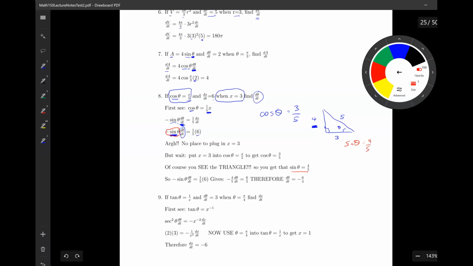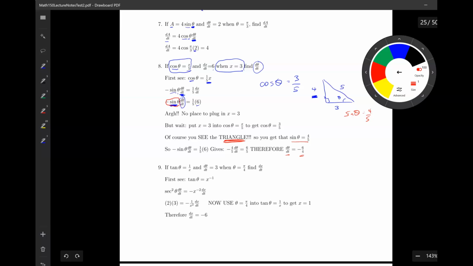So sine of theta is 4/5, so put that in, carry the negative along, and finally, multiplying by negative 5/4, you get d theta dt is negative 6 over 5. So the triangle helps. All right, so this one here, I'm going to suggest you rewrite this before you take